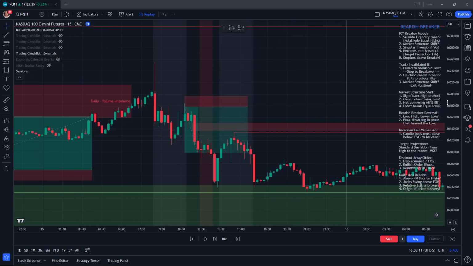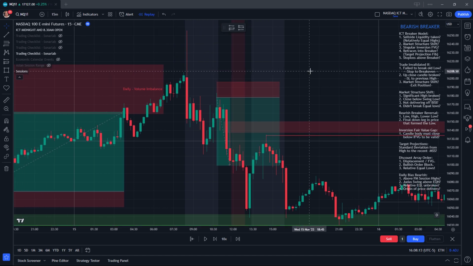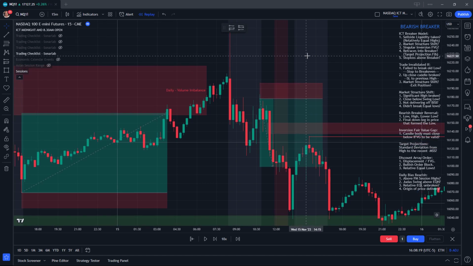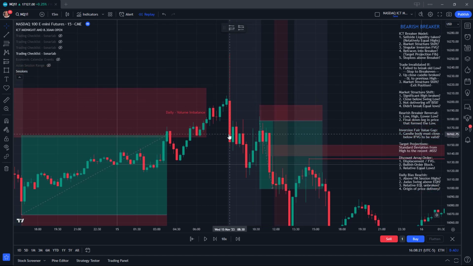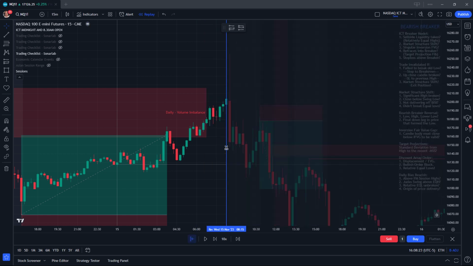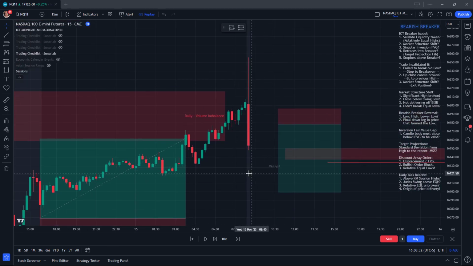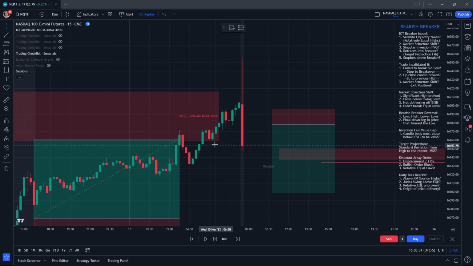And I want to see breakers on a 15-minute, because if you go down to a 3-minute, you could start seeing highs and lows everywhere. So okay, here we've got... let's review how we got into this trade, is what I'm basically trying to do. Okay, so that's the start of the morning session. We have a low here. We have